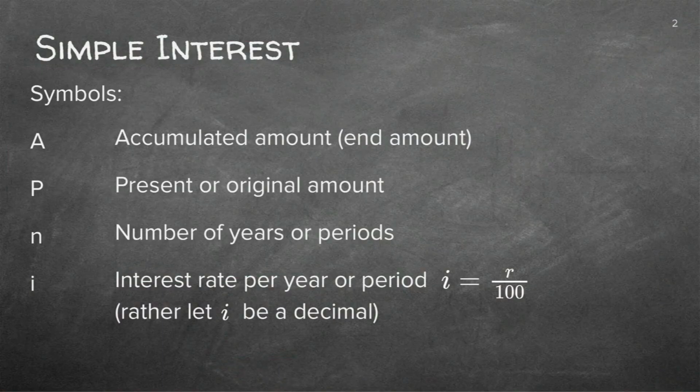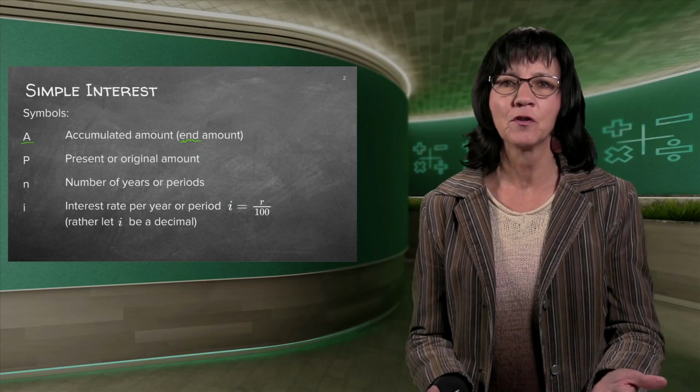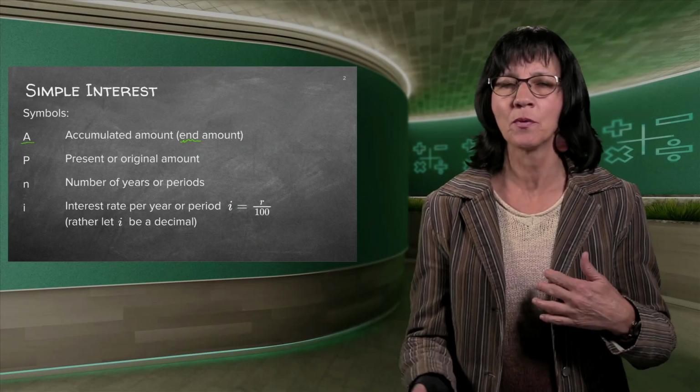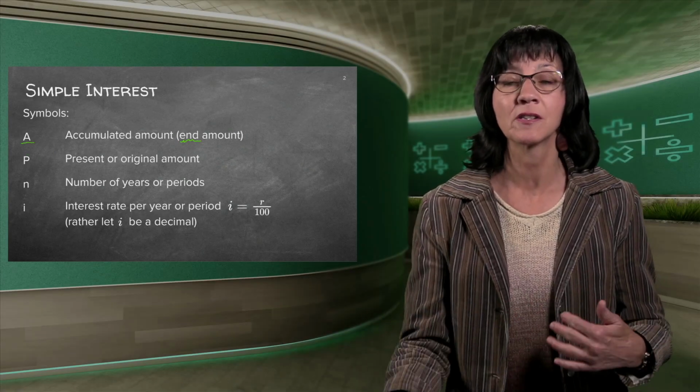So there you can look at all the different symbols that we're using. It's very important that you know what each symbol stands for. So if we read through it, it's very important here that you see A is the end amount. So whatever we do at the very end, we want to know the value of A. Now I remember it like this: A is the first letter of the alphabet, but it's quite the opposite. So you should look at the last, the end.